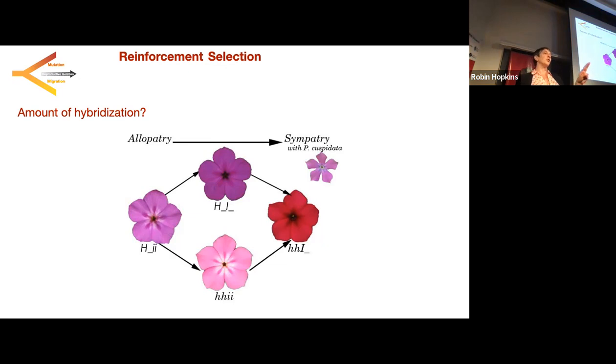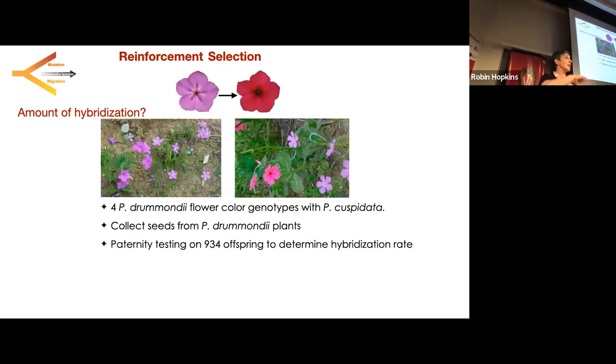The second locus controls the type of pigments made. So the ancestral state makes both blue and red pigment. You get this bluey color. So this is the hue locus. You start with big H. You then evolve into this derived allele, which only makes, or phenotype, which only makes red pigment. So then you go from big H to little h, from making blue and red pigment to no longer making blue and only making red pigment. So we've got the hue locus and the intensity locus. This color can be decomposed into two aspects, intensity and hue change. Great. But what we really want to know is, does that change in intensity or hue actually change hybridization?